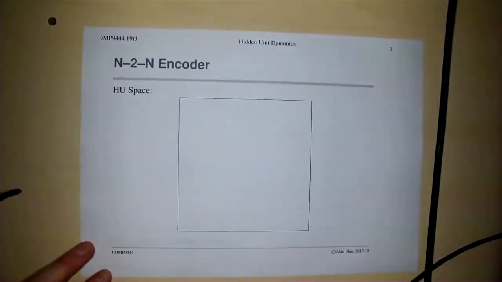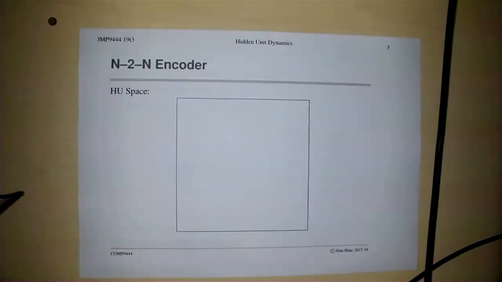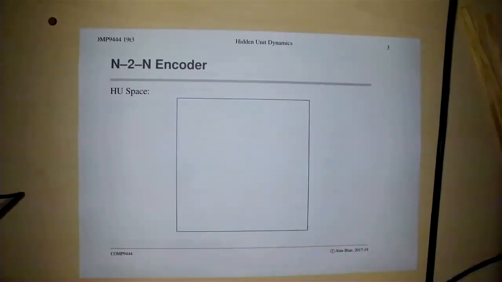So if we can see this on the document camera, let's have a look here. Okay, so in an n-to-n encoder, and here we assume that there are 2 hidden nodes. So what we're trying to do here is take the weights of this neural network and plot them in a graphical way. So if there are 5 inputs and 2 hidden nodes,